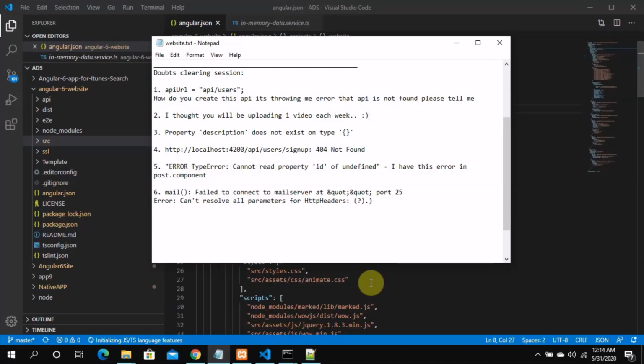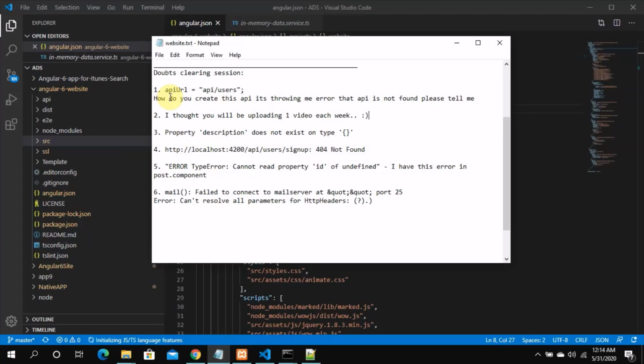was missed. So in this doubt clearing session, I received several questions, but most commonly it is hovering around a few of the questions which I selected. First and foremost, let's start with the first one. In this session, I'm going to cover two things. We'll clear these doubts and we will see how to build this particular website. Whatever the status is currently, we'll do that, and whatever is left, we will cover in